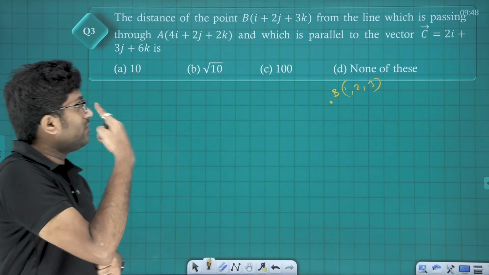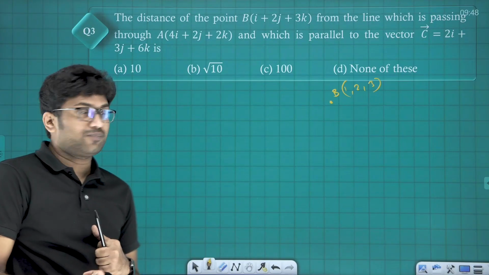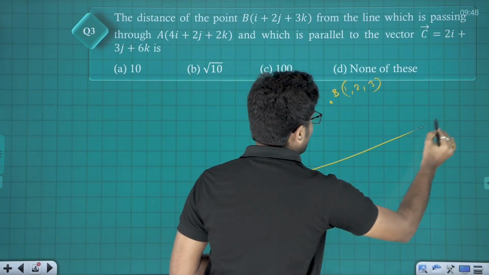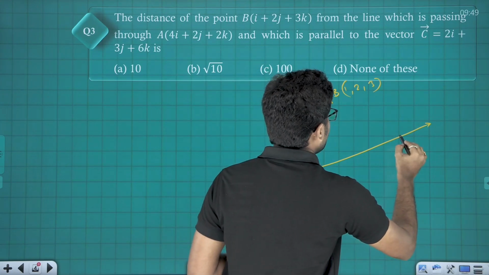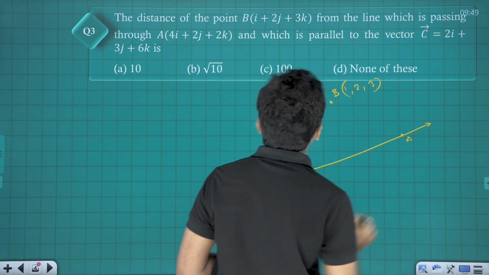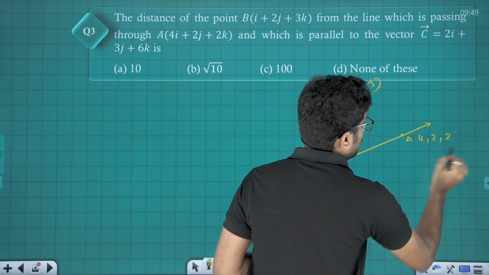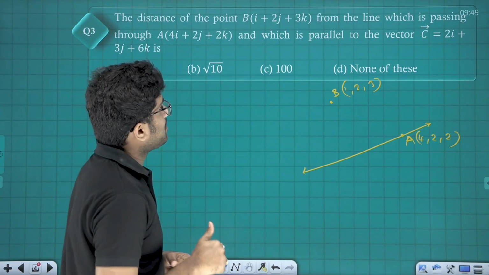This they have given in vector form; the same can be asked in Cartesian form. So B is 1, 2, 3. There is one line passing through a point A, 4 comma 2 comma 2. That's fine. And this line is parallel to the vector